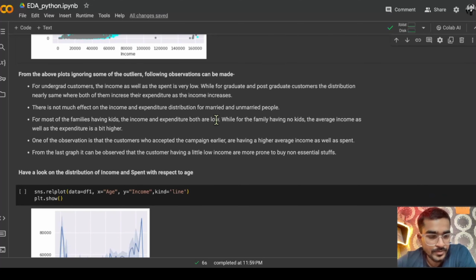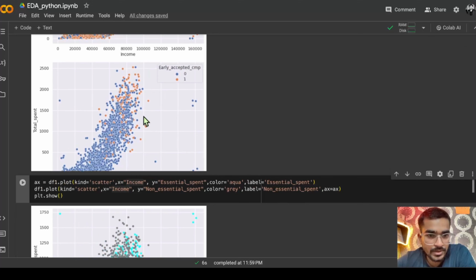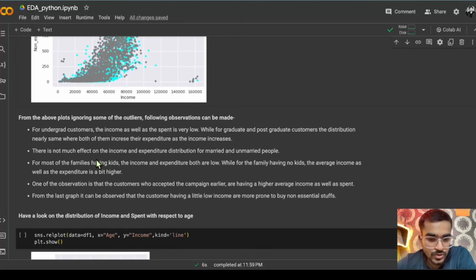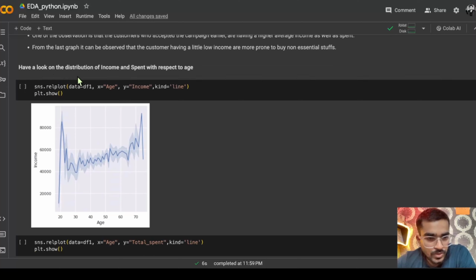it is high. One of the observations is that customers who accepted the campaign earlier have a high average income and spend. So this was the thing that I have already mentioned to you. So it's important to make all of these conclusions. So next we are going to look at some of the distribution between the income and spend, income and spend, sorry,